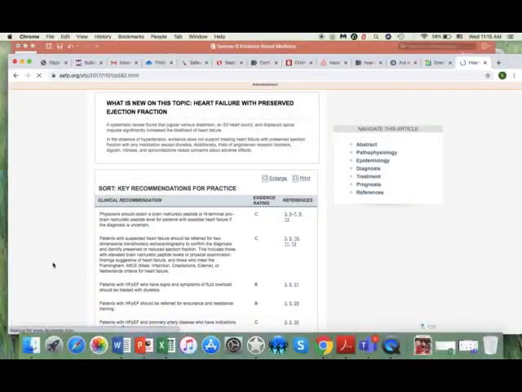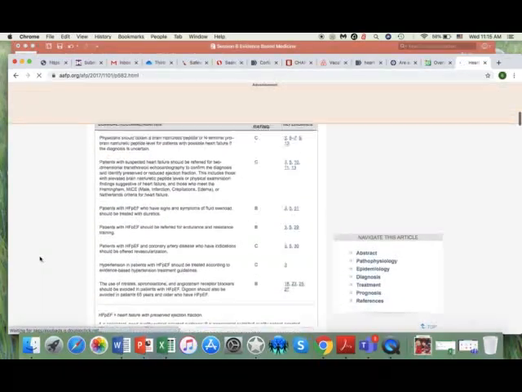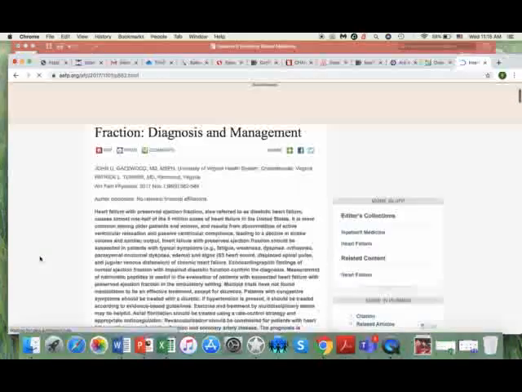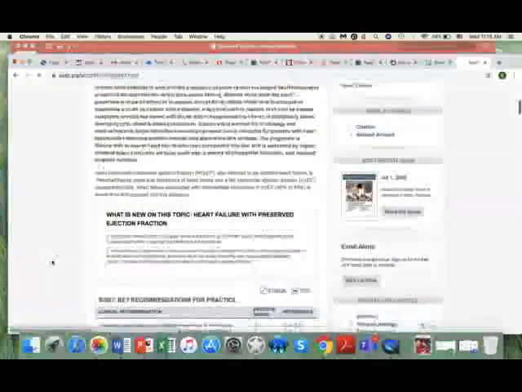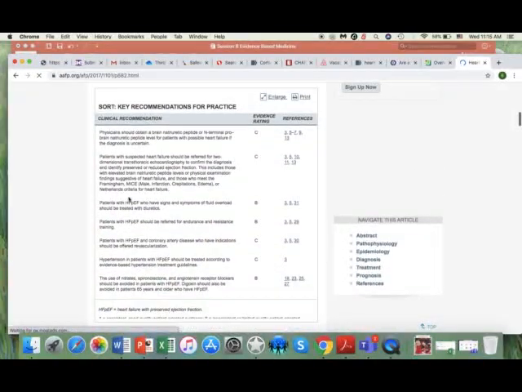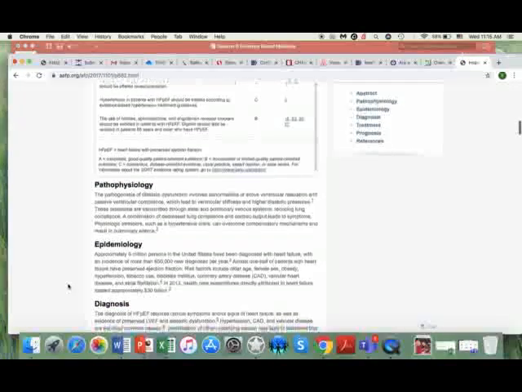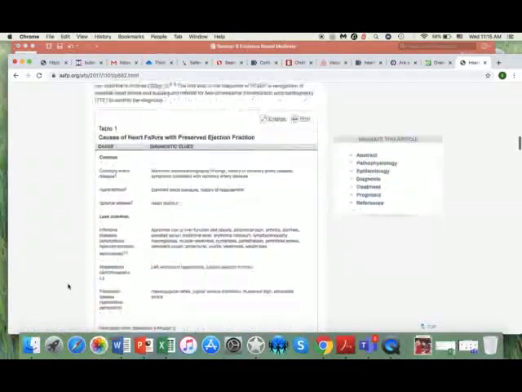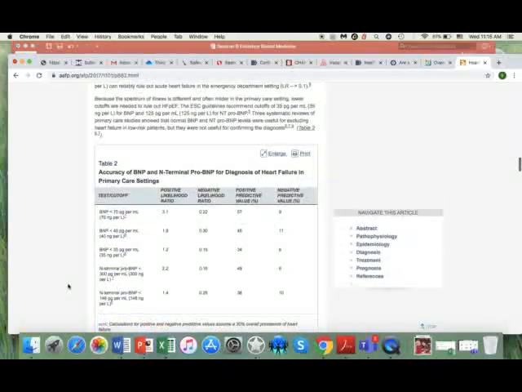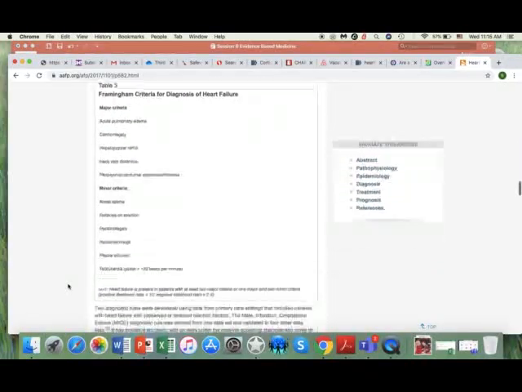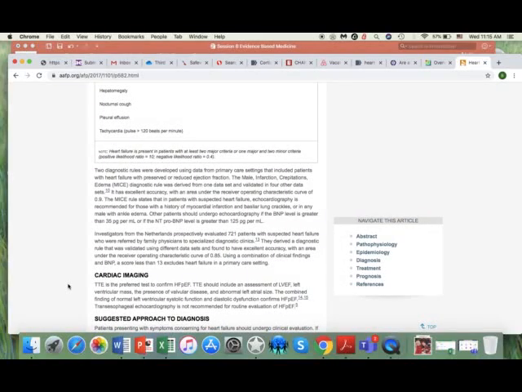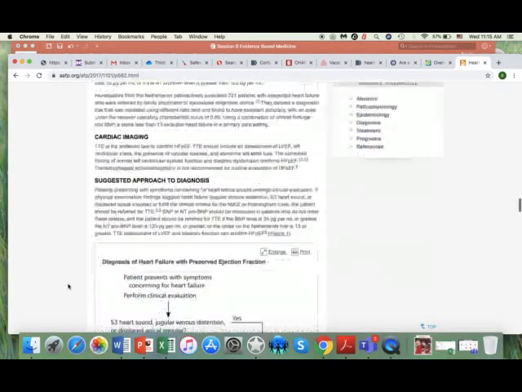These are the key recommendations. This chart is always really the most important part, this first part. And then the recommendations that they make. Those are probably the main 2 parts, but then it can go and tell you more, and you can read the whole article. If I'm looking up a general topic like diabetes treatment or something, I also like to